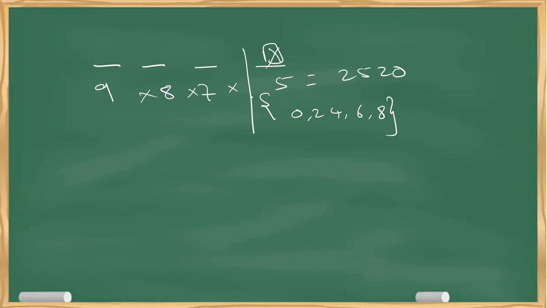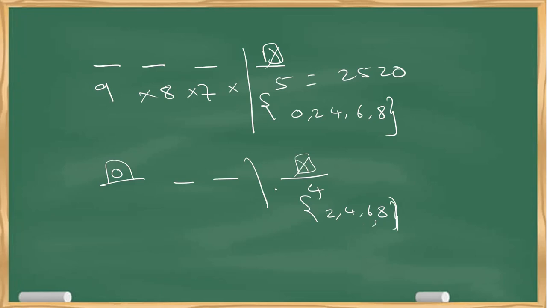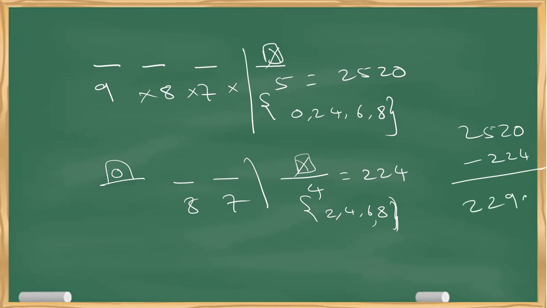Now here, I have four-digit numbers that start with 0 and that don't start with 0, which are even. In this, I can exclude the numbers which start with 0. Simple. With the even number fixed, this is 4, and 2 digits are gone, so this will be 8, 7. So this is 224. So 2520 covers all four-digit even numbers including those starting from 0, and 224 are the four-digit even numbers that start from 0. If you remove this, I'll get 2296 as the answer.